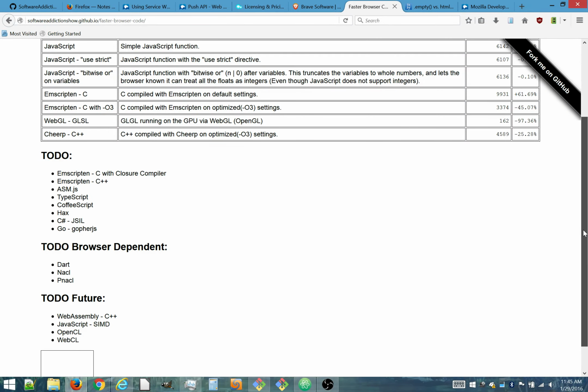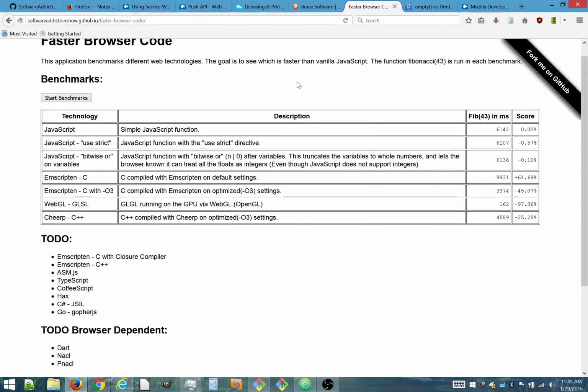But I picked a few of those out of there, and I made basically a simple Fibonacci function, which I have in JavaScript, a couple different versions. There's an Emscripten C version, and then the Emscripten C again with fully optimized compiler settings, and its competitor Cheerp C++, fully optimized, and then something a lot of people haven't been using, but it's called